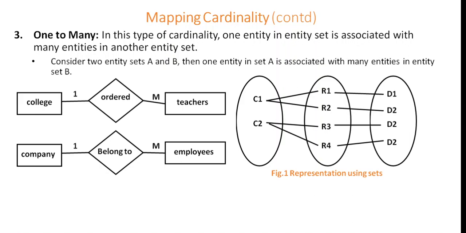So this first oval shape is nothing but a single entity, suppose college is there, C1, C2, or company is there, C1, C2. Then the middle oval shape is used to represent the relationship, and the last entity set is used to represent entities, either teachers or employees. Okay, so many employees are working in a single company, or many teachers are working in a single college. One to many. Okay,